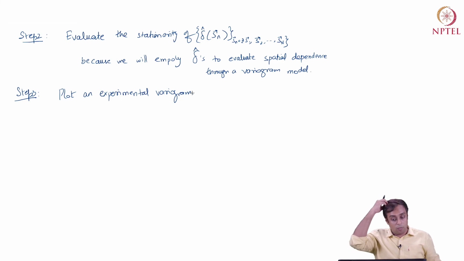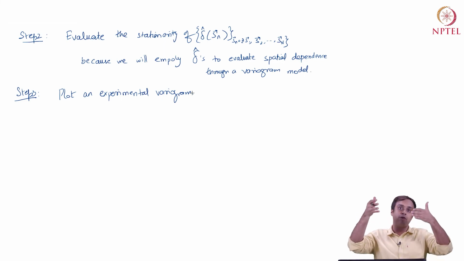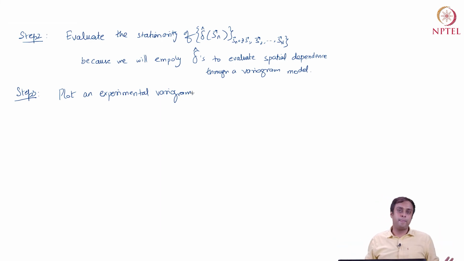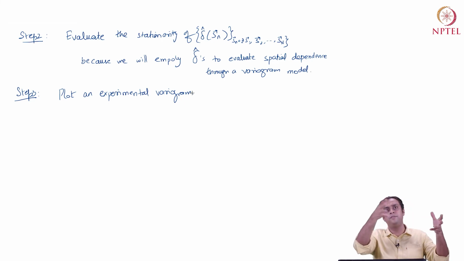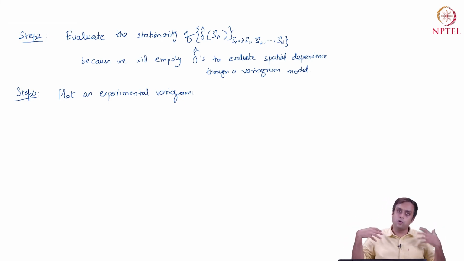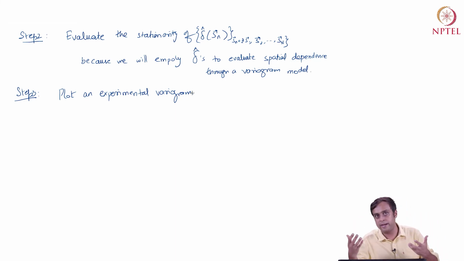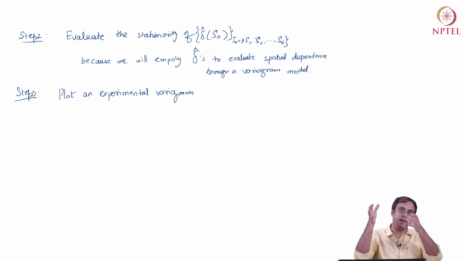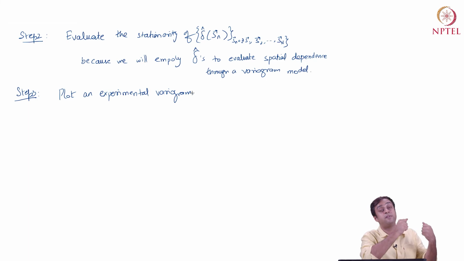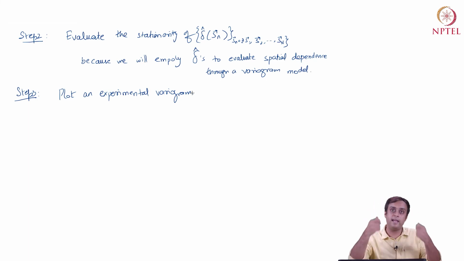Okay, so that's why, before we jump onto step 3, we should take a step back and evaluate whether my delta hats are stationary. At the minimum, I should worry about whether there can be regimes of different mean values of these error terms given the data I have. Can there be some kind of spatial trend that I should filter out? If you suspect the data to be non-stationary, you first have to construct this filter, which you will deduct from the delta hat values. And then finally, with the residuals that you work with, you will estimate a variogram.